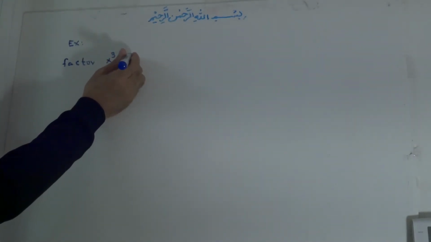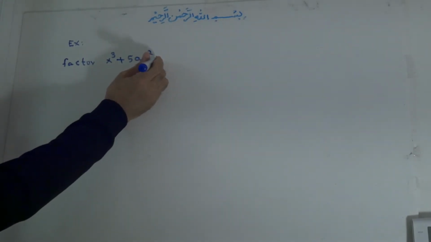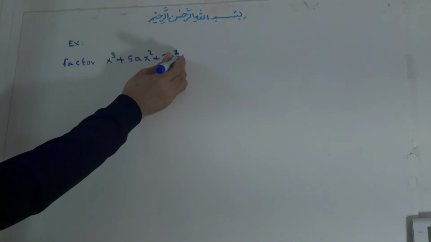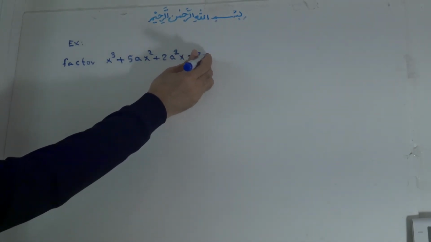Example: factor x to the power of 3 plus 5ax to the power of 2 plus 2a to the power of 2 x minus 8a to the power of 3,